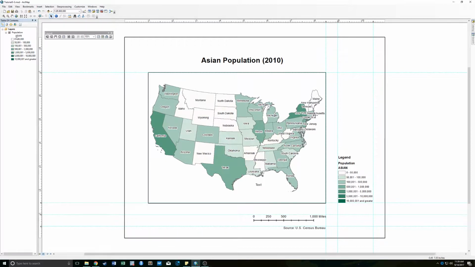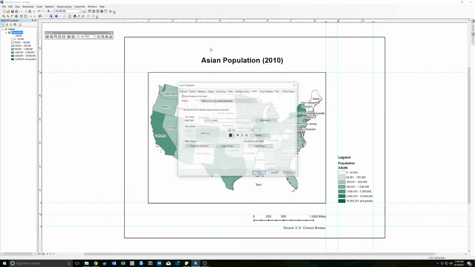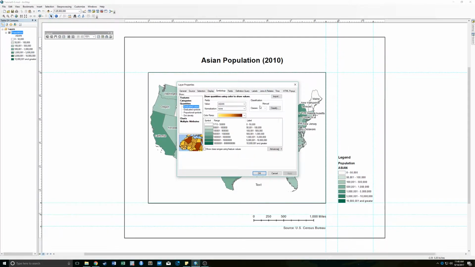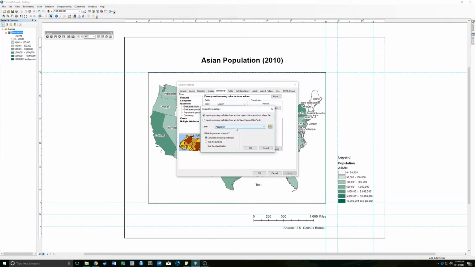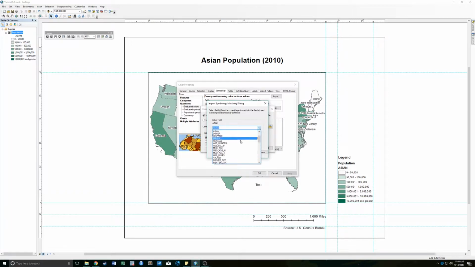So before, you'll remember we saved that layer file, and say we wanted to display a different demographic group, but we want to keep these same settings, we would go to Properties, Symbology, and we want to go over to Import. And import is important because it will keep all of the information that we need. So we just click OK, and now we can choose a different data frame that's located inside of the population